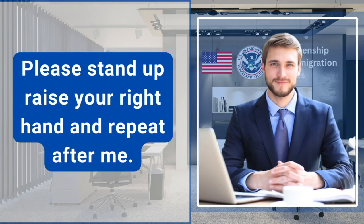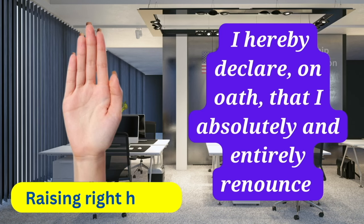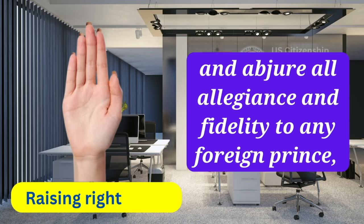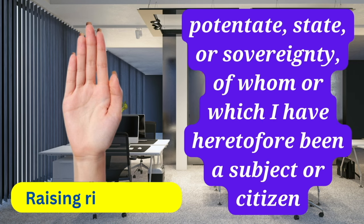Please stand up, raise your right hand, and repeat after me. I hereby declare, on oath, that I absolutely and entirely renounce and abjure all allegiance and fidelity to any foreign prince, potentate, state, or sovereignty, of whom or which I have heretofore been a subject or citizen,